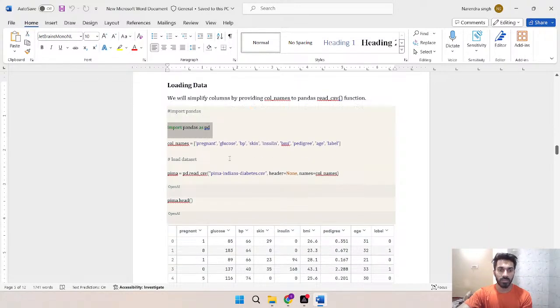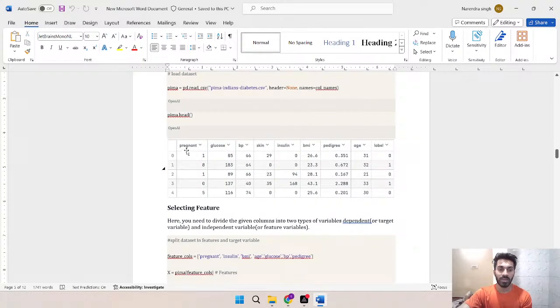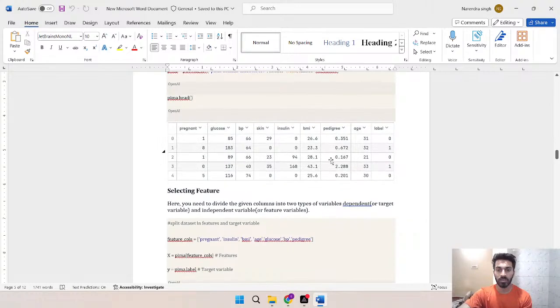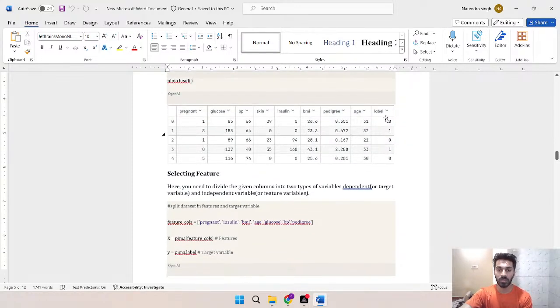Import the pandas library, and these are the column names in your data set. I already have a data set that contains the Pima Indian diabetes data. In this data set I have pregnant, glucose, BP, skin. These are the columns, and these are the values. According to these values, we have to predict whether a patient has diabetes or not, and these are the labels